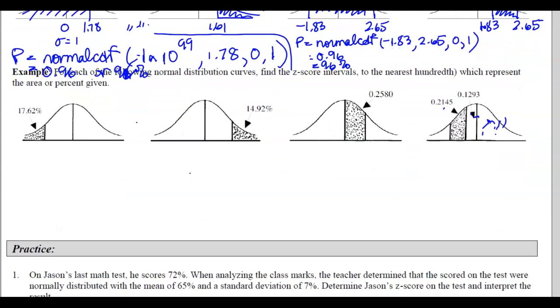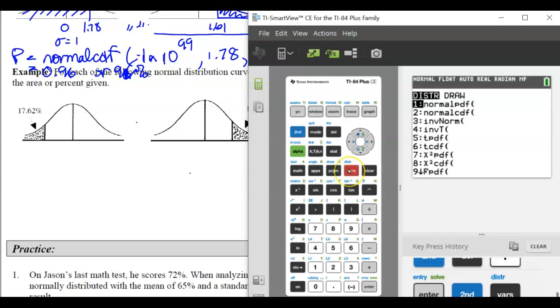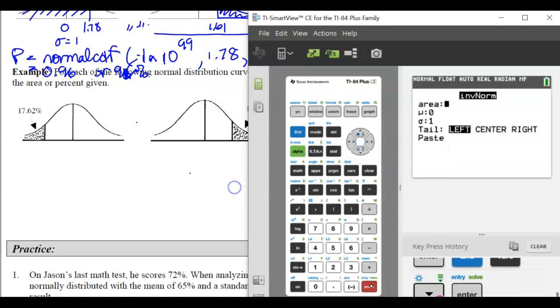Okay, so we're going to use then inverse norm. So when we get out our calculator, we go to second bars, and then the one right underneath what we've been using is inverse norm. Most of the newer calculators prompt you. If you have an older calculator, I'll show you what to do in a sec. The area underneath, you always do it as a decimal. So if that's a percent, move the decimal 2 to the left, divide by 100, so